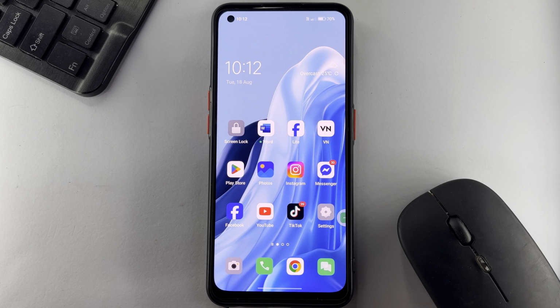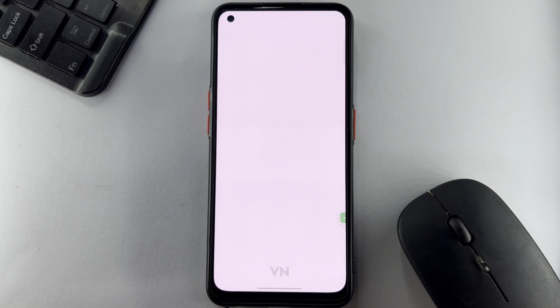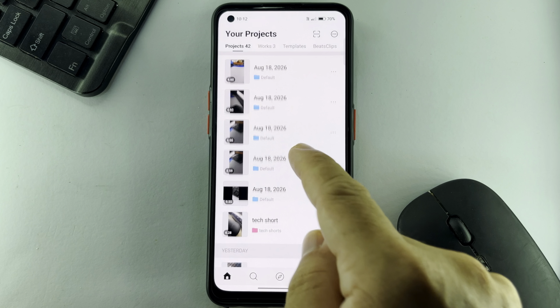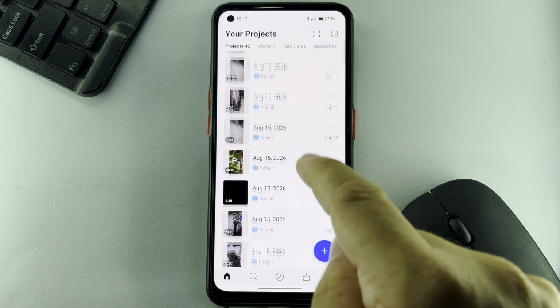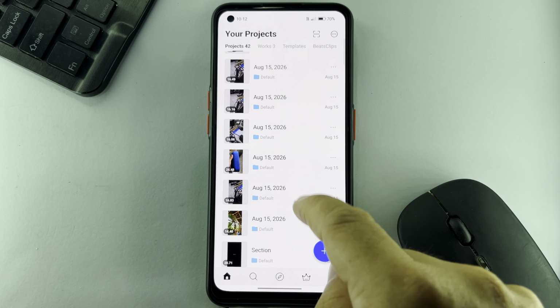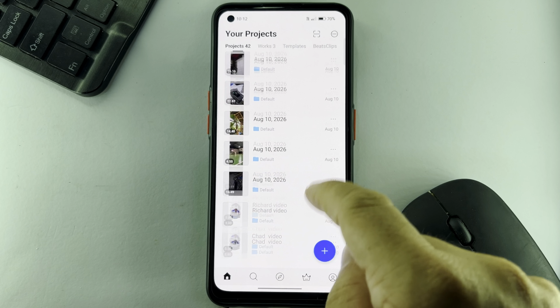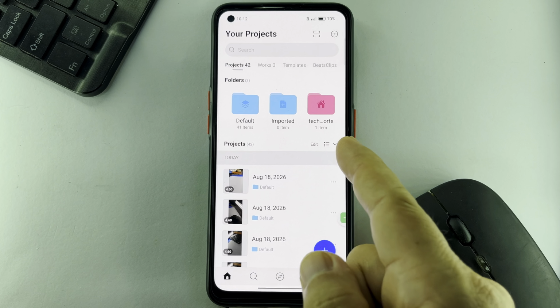Go to the BN application and BN homepage. As you can see, there are many projects created on my BN Video Editor application. So if you want to delete all these projects in one click, okay, on the top, you can see here